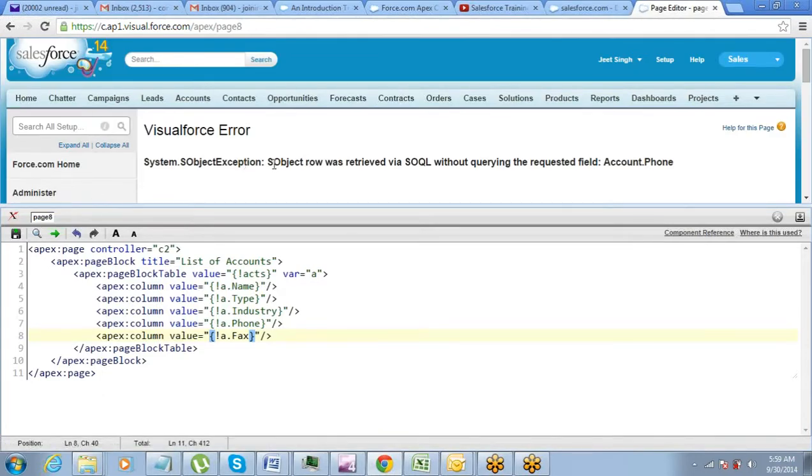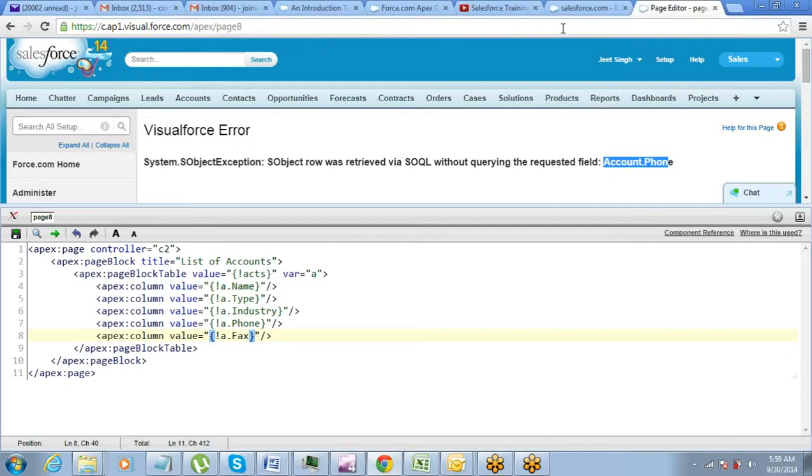What is the error? A subject row was retrieved via SOQL without querying the requested field, account.phone. So this was not queried, but it is being called on the page. In the standard controller, we never had to think about these things, right?